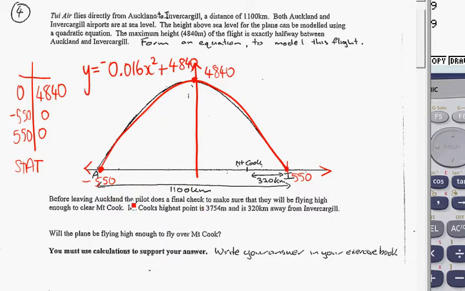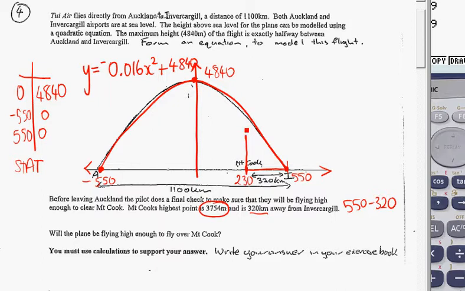Now we're told about the pilot doing a final check to make sure they'll be flying high enough to clear Mount Cook. Mount Cook's highest point is that, and it's 320 kilometres away from Invercargill. So back this way, 320 kilometres back that way. So we need to do 550 minus 320, which means Mount Cook is on an x coordinate of 230. Coming up here to a height of 3754, and we want to know whether that's above the curve or hopefully